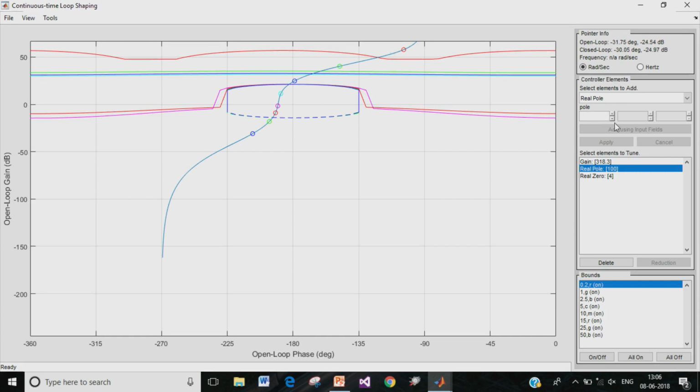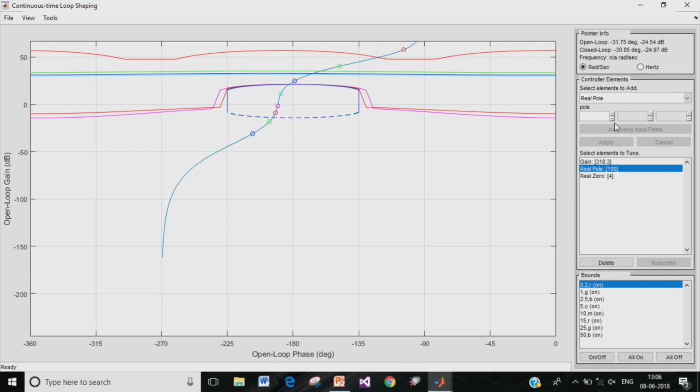So, I have undertaken this iterative design in order to pick the poles and zeros of our controller, and what is attractive about this tool is that it will allow us to interactively study how the loop shape changes when we change the structure of the controller or the parameters of the controller.